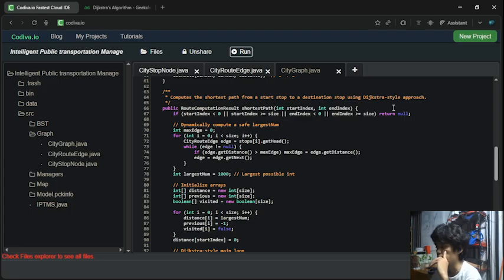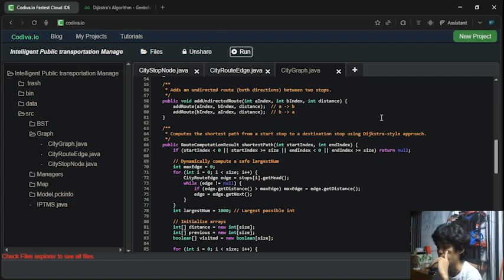It's like comparing each new value to the current distance and then updating it, to find the shortest path available in our city stops. So this massively helps, especially the algorithm itself, to identify which is the shortest path.